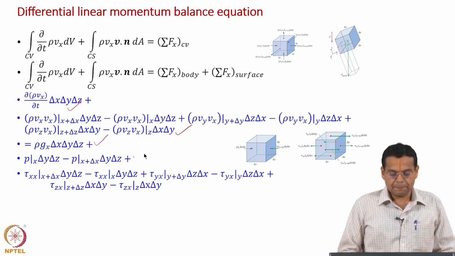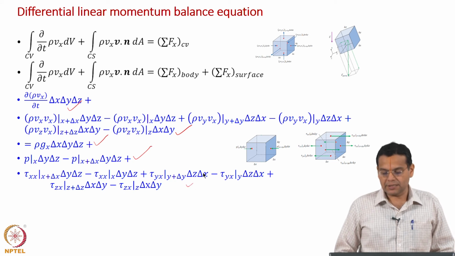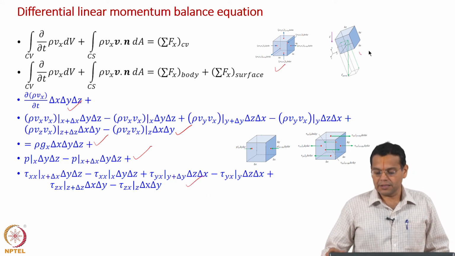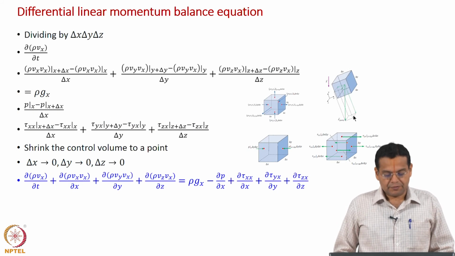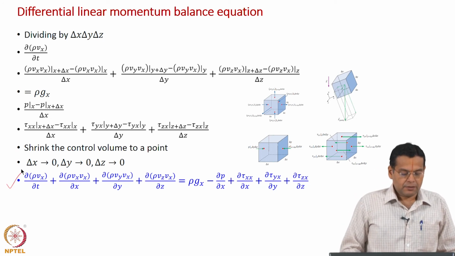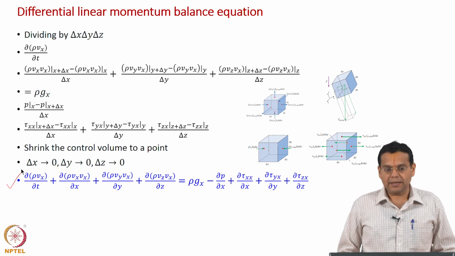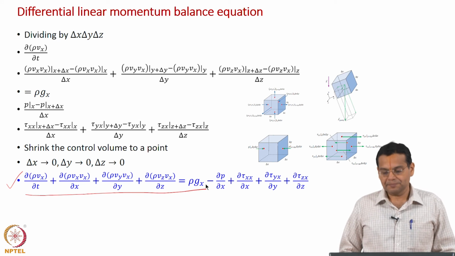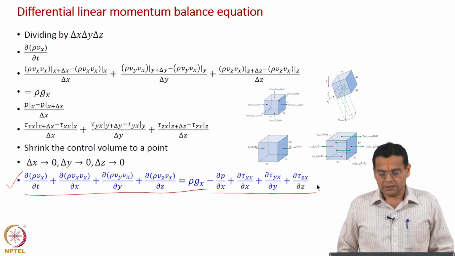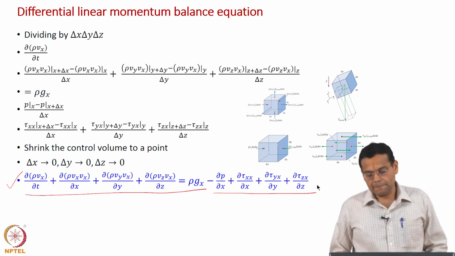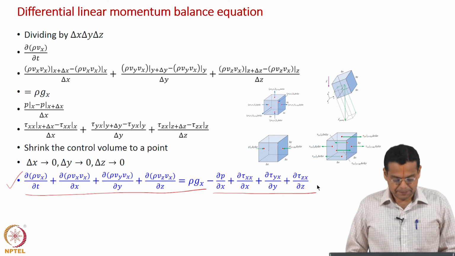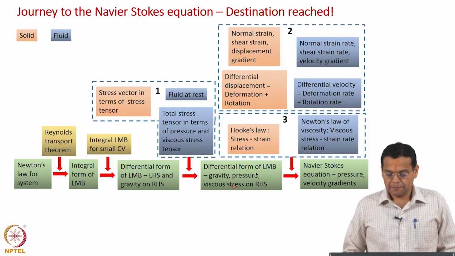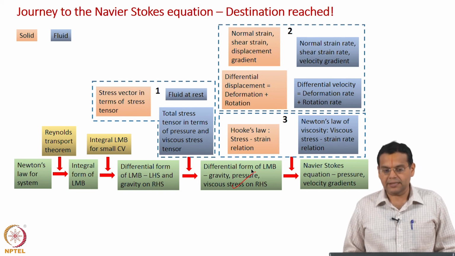Along with that, we included the surface forces due to pressure and viscous stresses represented by all these four, I would say, control volumes, and then we derived the complete form of the linear momentum balance. I would say we completed the linear momentum balance. Till this point we already derived these two terms, or these two sets of terms were newly added. Okay. At this stage we were here: differential form of the linear momentum balance with gravity, pressure, viscous stress on the right hand side.